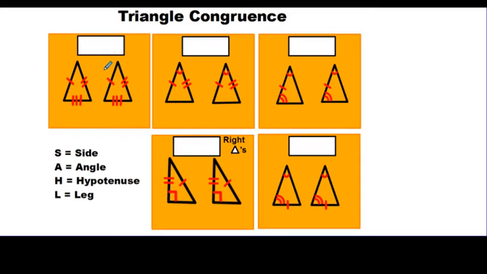The first one, if I have 3 sets of sides that all match, 3 pairs, we call that side, side, side, or SSS. And this is my example here. The 1 hash mark matches with this 1 hash mark. You know, the 2 goes with the 2, 3 and 3. This tells me that all 3 pairs of sides are congruent. So if I gave you the measurements for 3 sides, there's only one way you could put those together and